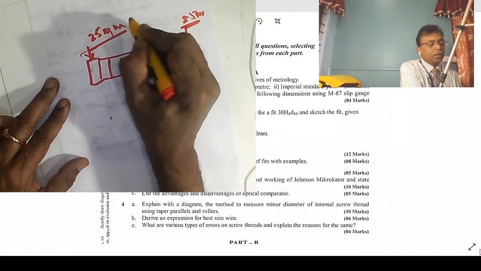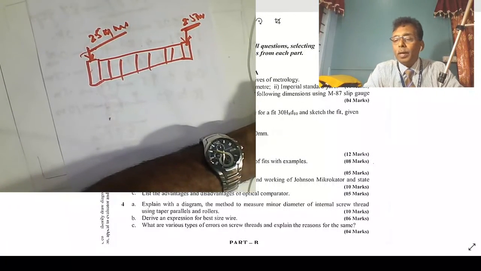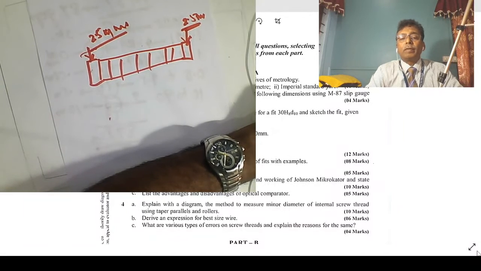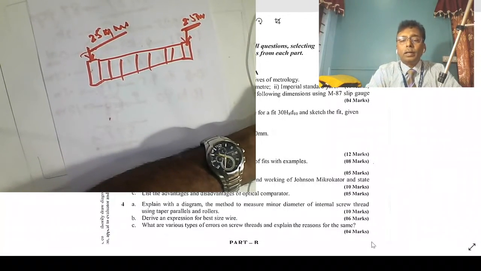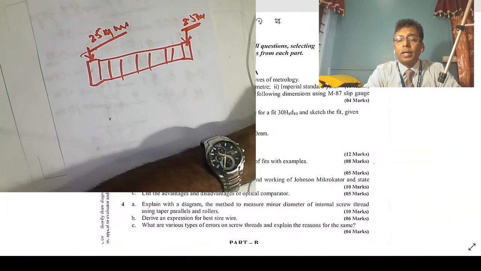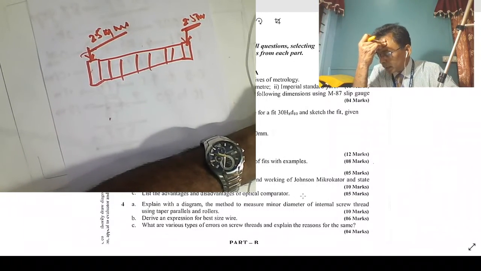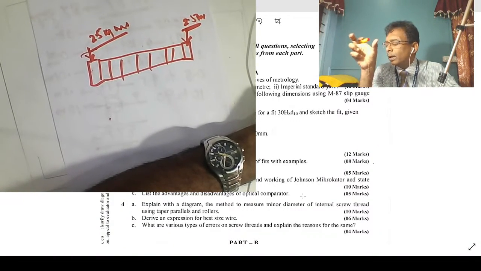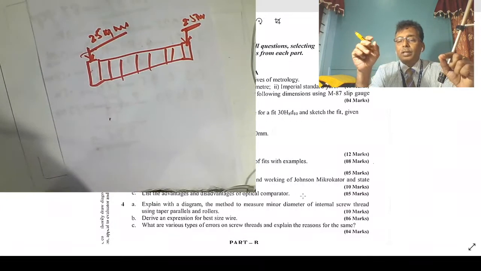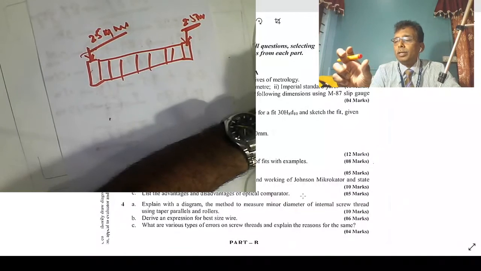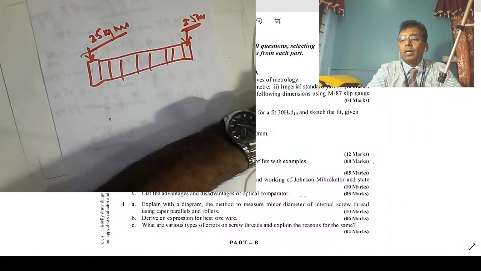So you initially reduce the value by 5 mm and then build the slip gauges. Have a look. 92.357. First you delete that 5 mm straight away. These are end bars, blocks which are wear blocks, placed at the end. Even in case they wear out, they can be taken out. Instead of damaging the slip gauges, only the wear blocks are damaged.